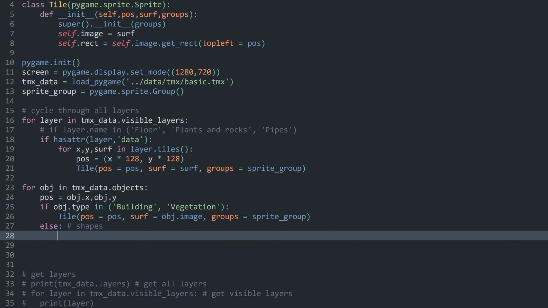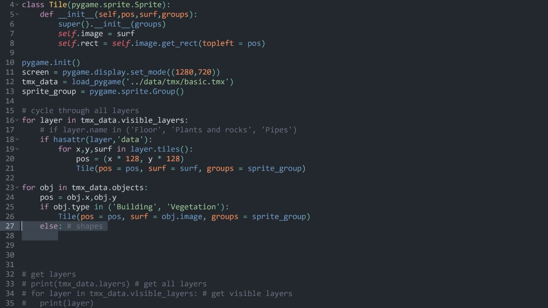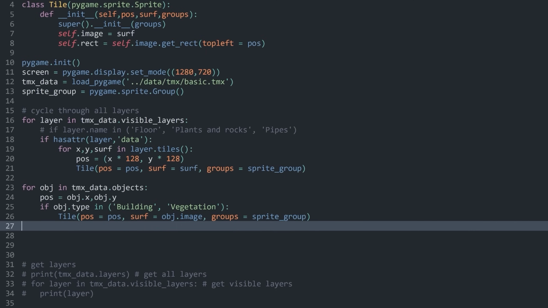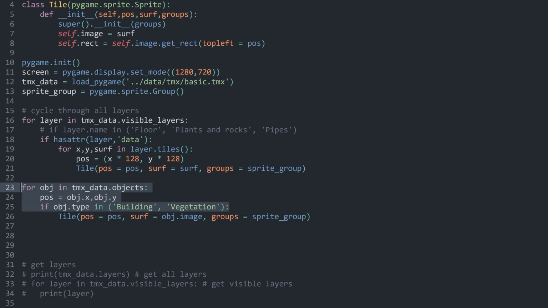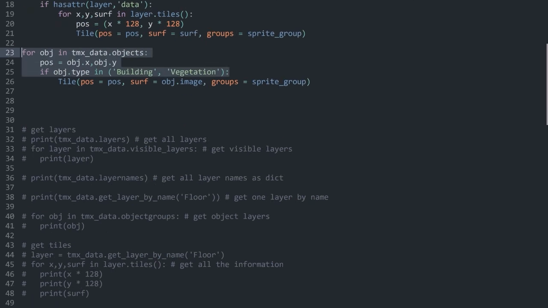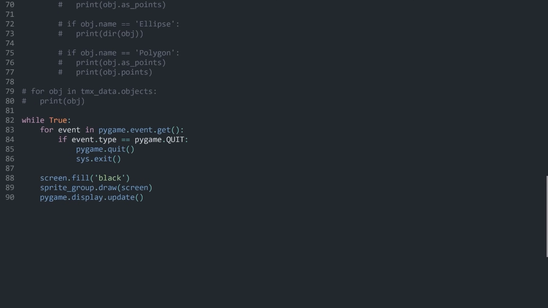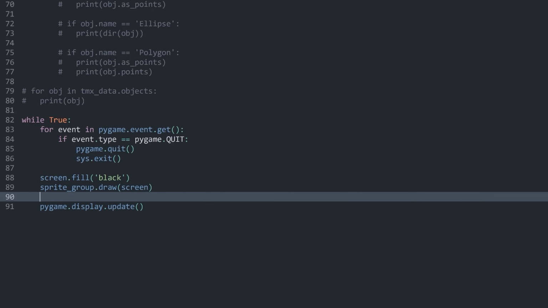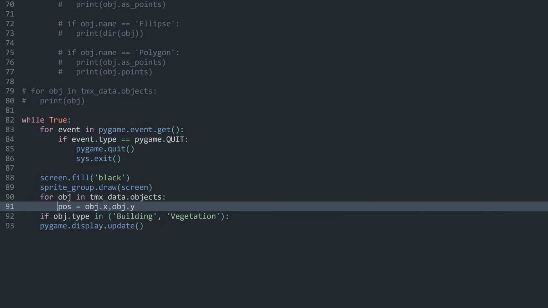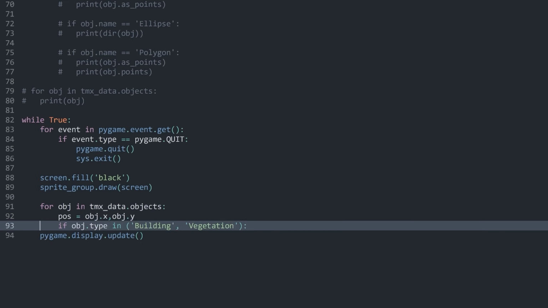And for those, the tile class isn't really going to work. So I'm going to do this slightly differently. Let me get rid of this and copy all of this here instead. And then I want to go into the game loop. And on top of the group, I am going to draw all of these shapes